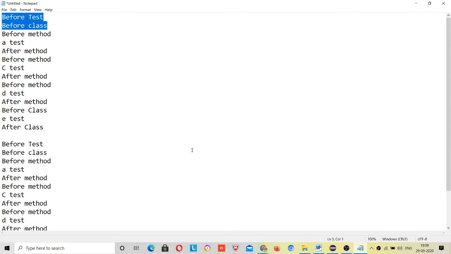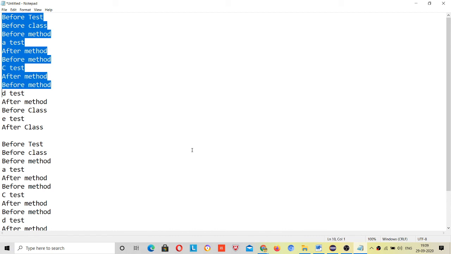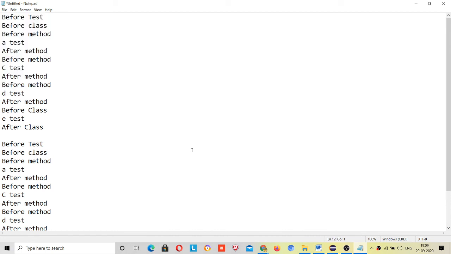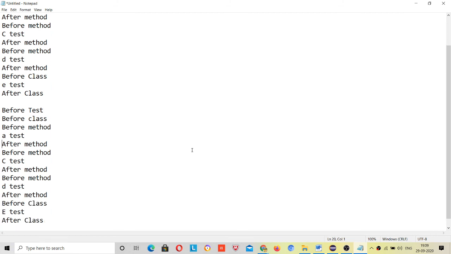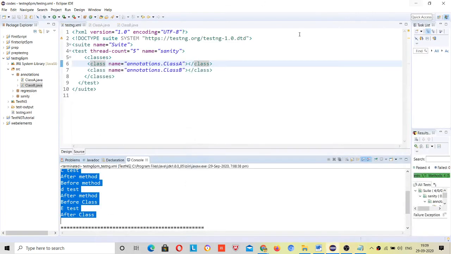Before test, before class, before method, a test, after method, before method, c test, after method, before method, d test, right? And then after d test, after method, before class, right? E test and after class. So this way you can understand.